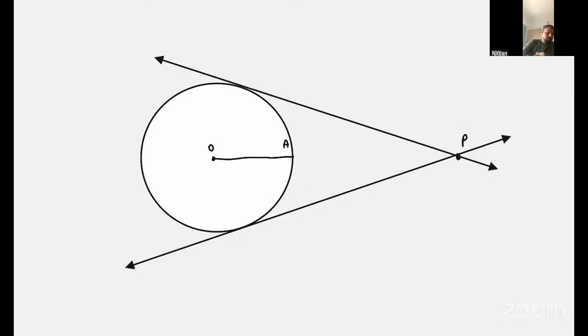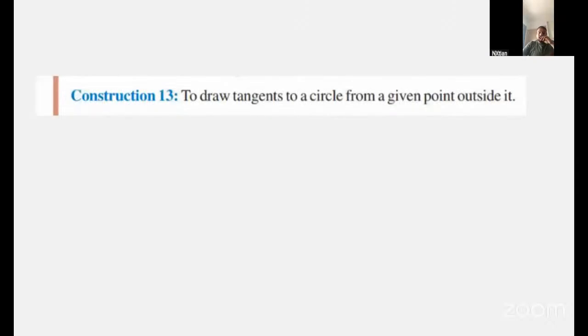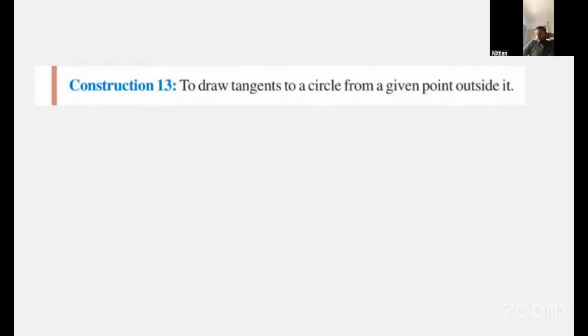Okay. Now the next thing. The next one is this one: draw a tangent to a circle from a given point outside the circle. There is a given point outside the circle, and you have to draw the tangent. Write this question with me and then we'll solve it. Question is,